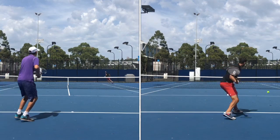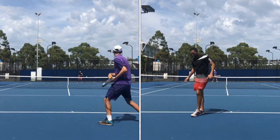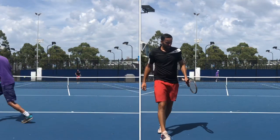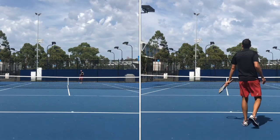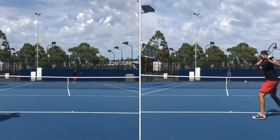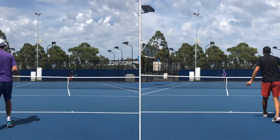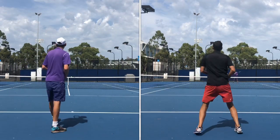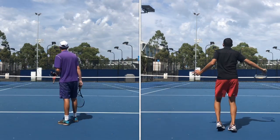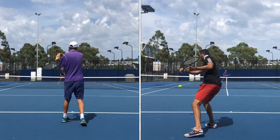Comparing these two techniques here, they're different. Obviously Gael has more ability on the stroke, but you just work with what you have and try to make your game adjust. But when you're still young, and especially going into your late teens, you should make sure that you can get the most out of your technique. So if someone was coaching me now, we could still add in some rotation, need some more leg engagement and also some strength,